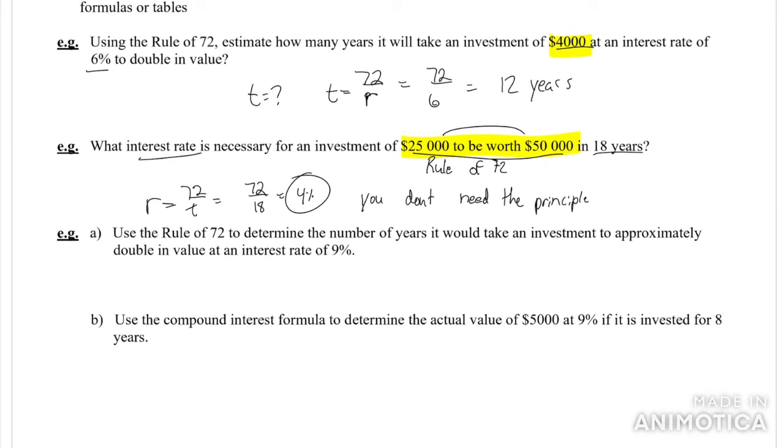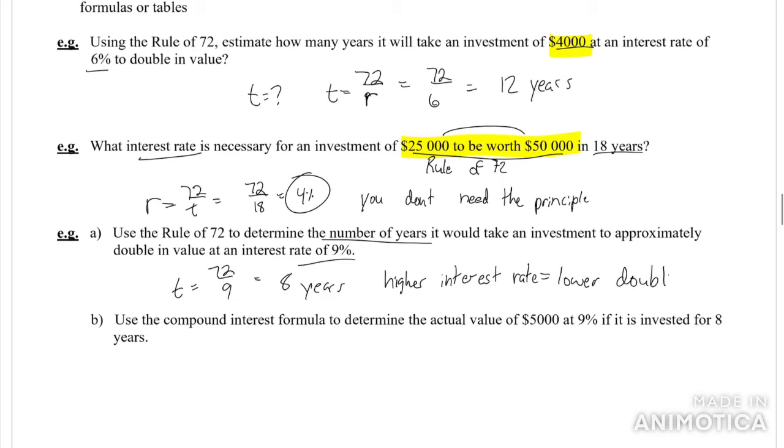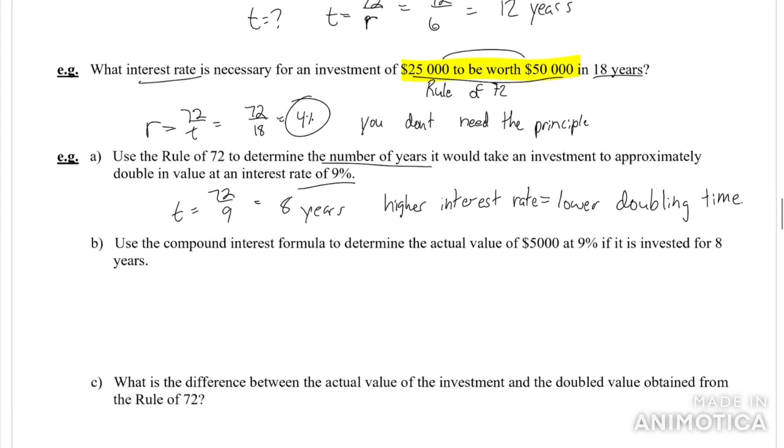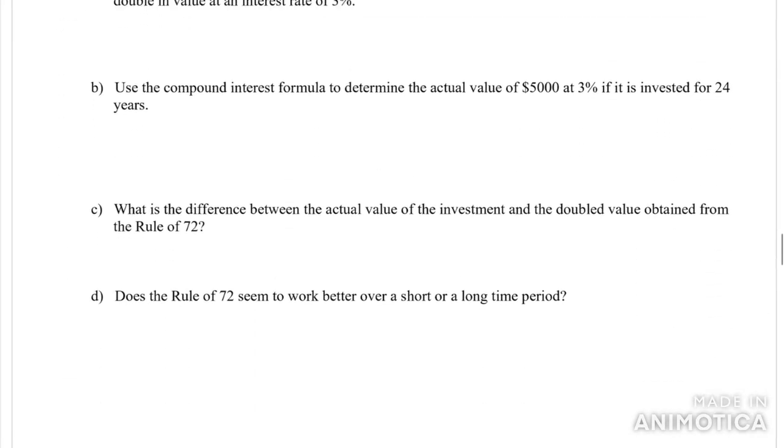Next example, we're calculating the number of years it would take for an investment to approximately double at a rate of 9%. So time in years is equal to 72 over 9, and that gives us a value of 8 years. So a higher interest rate equates to a lower doubling time. Use the compound interest formula. We're not there yet. So we're going to come back to this one